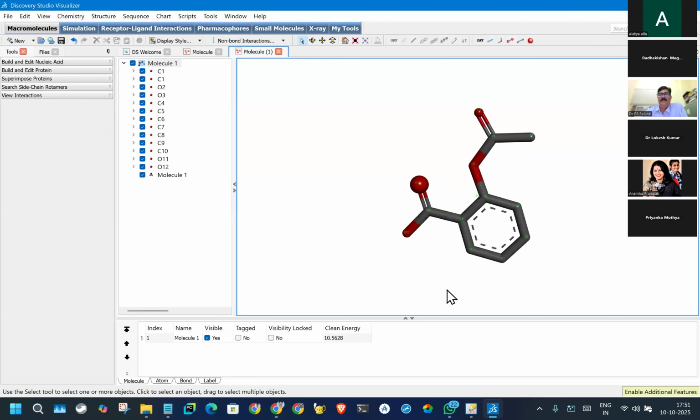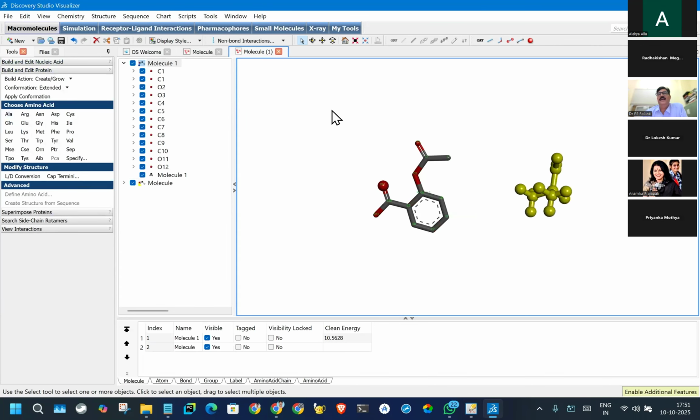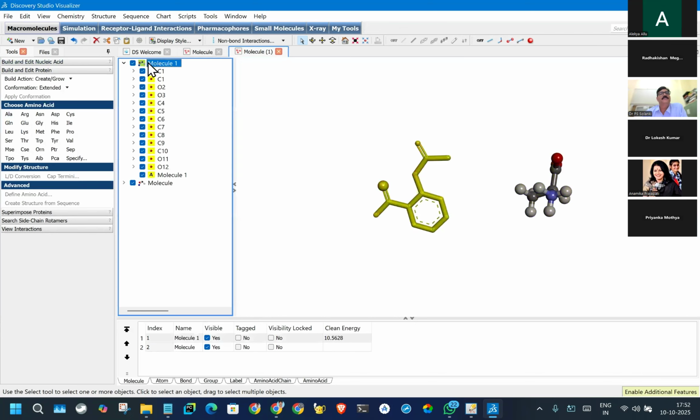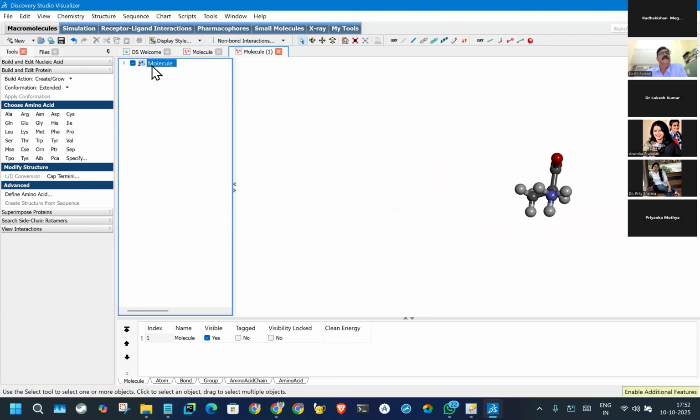ओके, तो चलो ये तो केमिस्ट्री का स्ट्रक्चर बना लोगे सब लोग, चाहे इसमें या उसमें। आई होप इसमें भी कोई बनाना होगा तो इसमें भी बन जाएगा। बिल्ड एंड एडिट न्यूक्लिक एसिड, बिल्ड एंड प्रोटीन। मुझे कोई प्रोटीन बनाना है, एलेनिन बनाना है, तो ये एक एलेनिन आ गया। ये 3D स्ट्रक्चर है। अब मैं इसको यहीं से उड़ा देता हूँ, डिलीट। ठीक है, अब ये मेरे पास में मॉलिक्यूल है, एक चेन है, एलेनिन मेरे पास मिल गया है। इसको फोकस कर लेता हूँ।